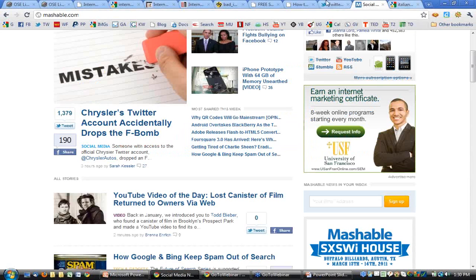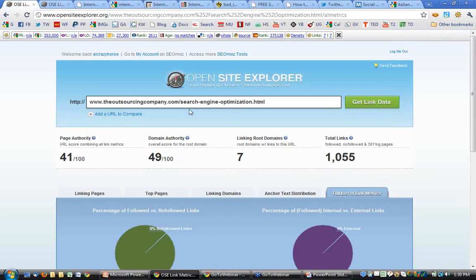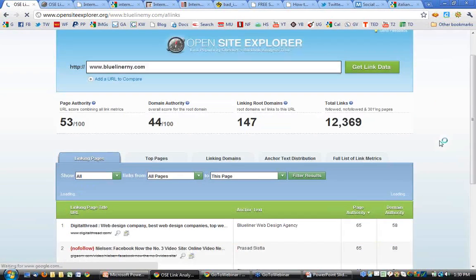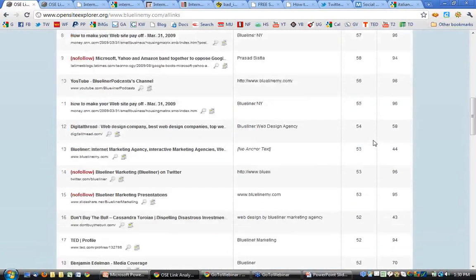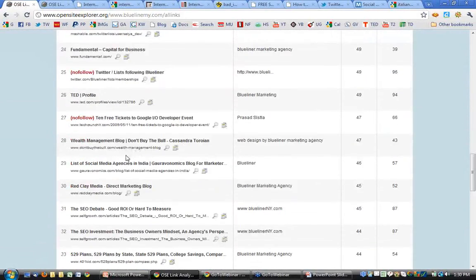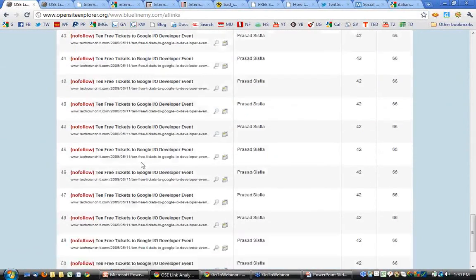And you can do this with the tool that I showed you before. So, for example, I can put one of my competitors here to see where they're getting their links from and learn from that. Okay, so all these are websites where they're getting links from.